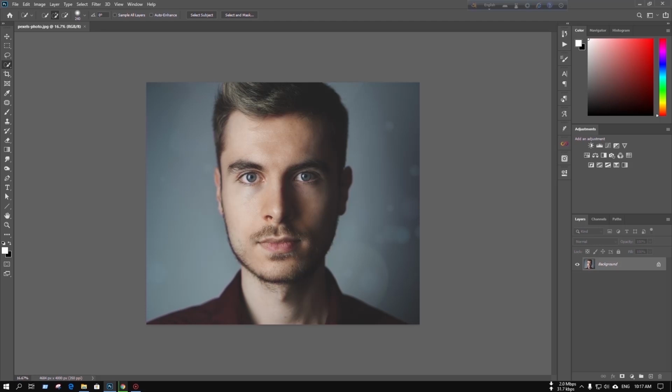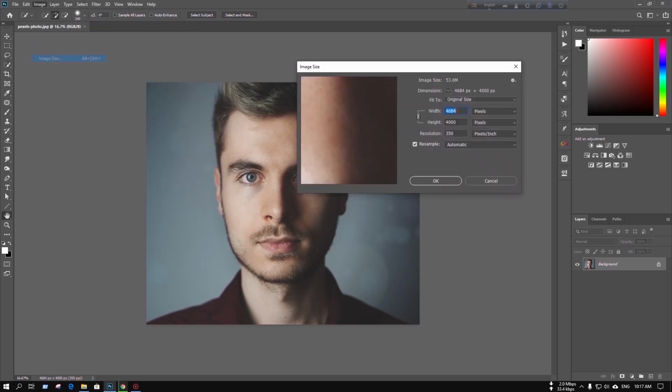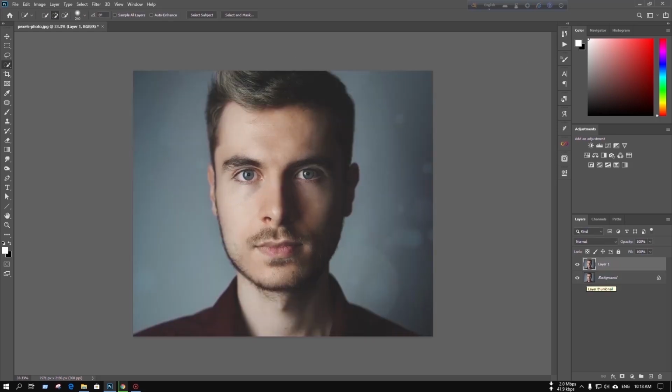Before applying the action, make sure to resize your image. Go to Image, Image Size, and set the width and height between 3000 and 2000 pixels and the resolution at 300 pixels. Press OK. Now make a copy of the background layer and turn off the background layer, as we don't want the background to be affected by the action, so we will make a selection of the